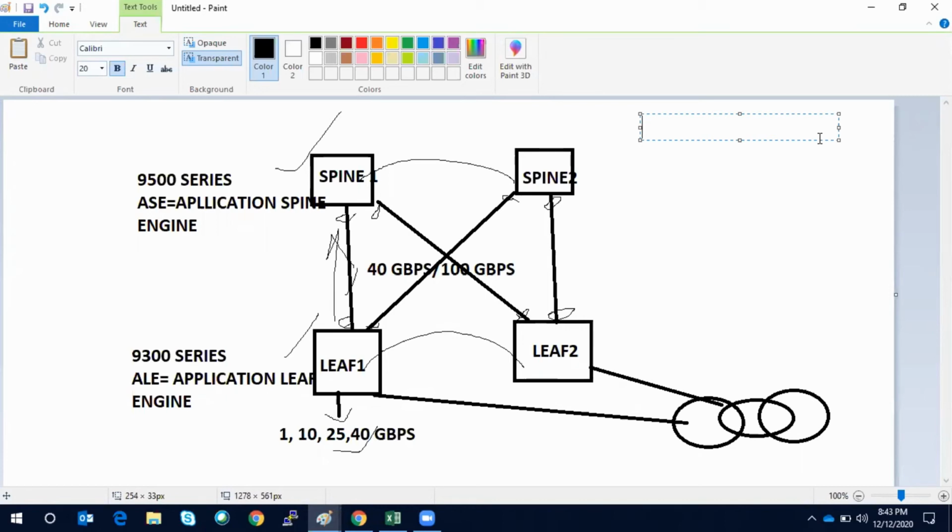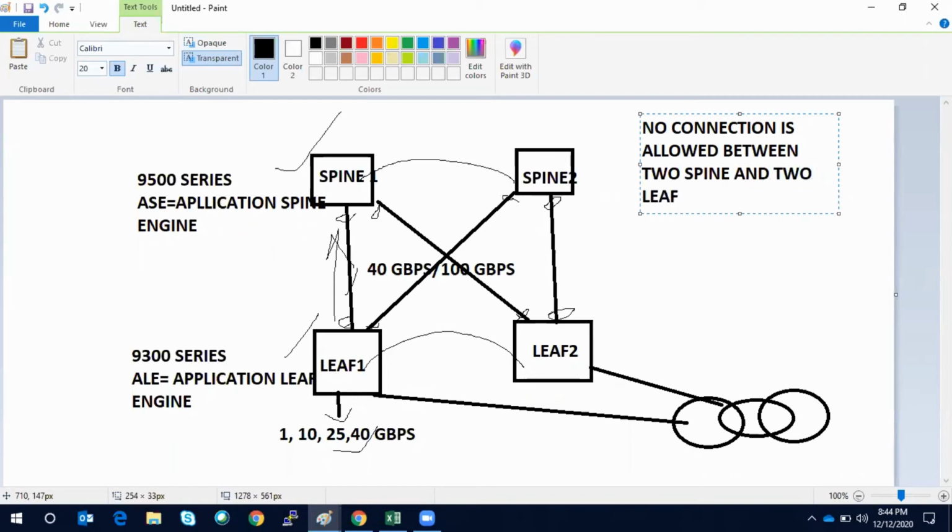Our discussion was happening with one of the guys I was interviewing 2-3 days ago. He was saying that if you have to connect a server to the spine in the VPC, the spine needs the interconnections. So no connection is allowed between two spine and two leaf.